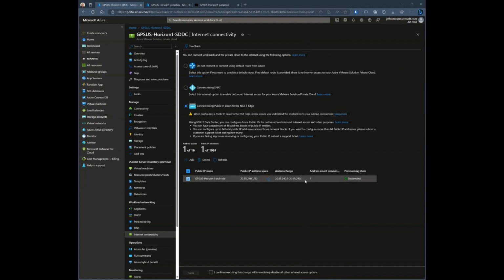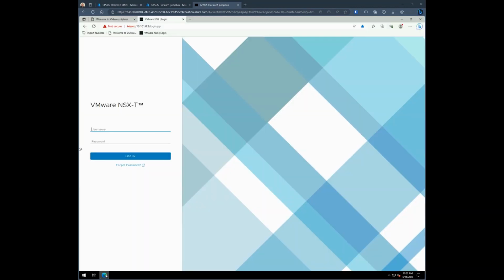So we have our IP here. We're going to copy it and put it in a notepad. Now the next step is to go to NSX-T, and we already have our jump box open here, so let's go to our browser, log into our NSX-T control pane,